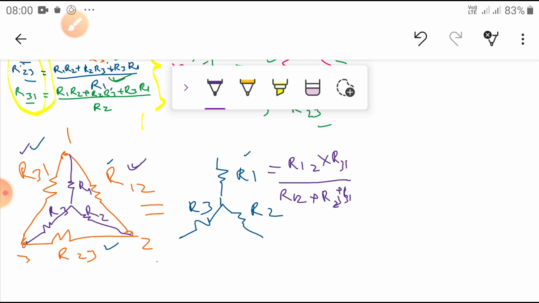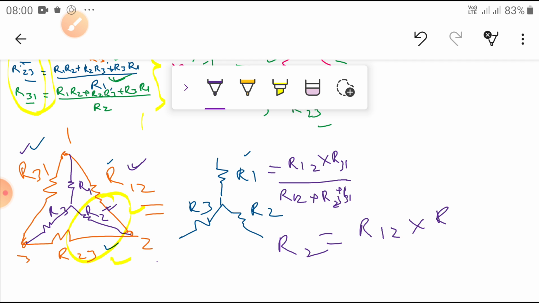Now what is R2? You are going to write it here. I am going to find this value. R2 value is equal to, what is R2? Here the R2 is here. R2 is here. Then R2 is equal to this one and this one. Then write it. What is the value between R12